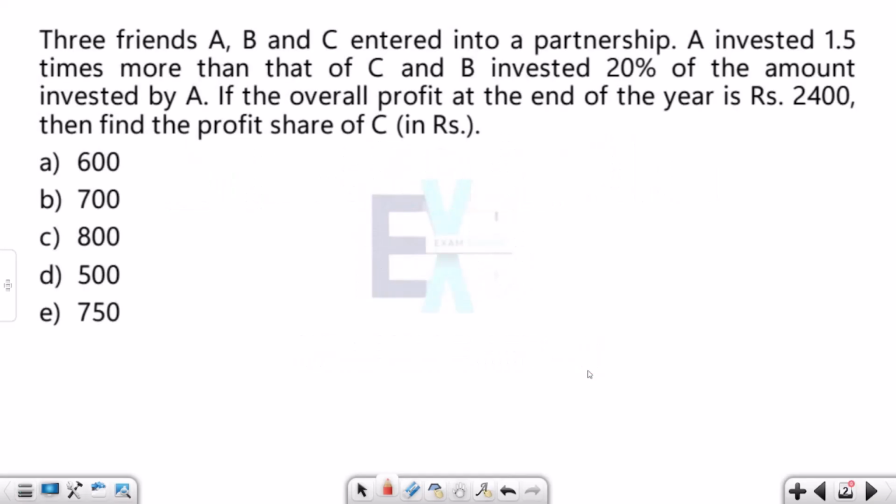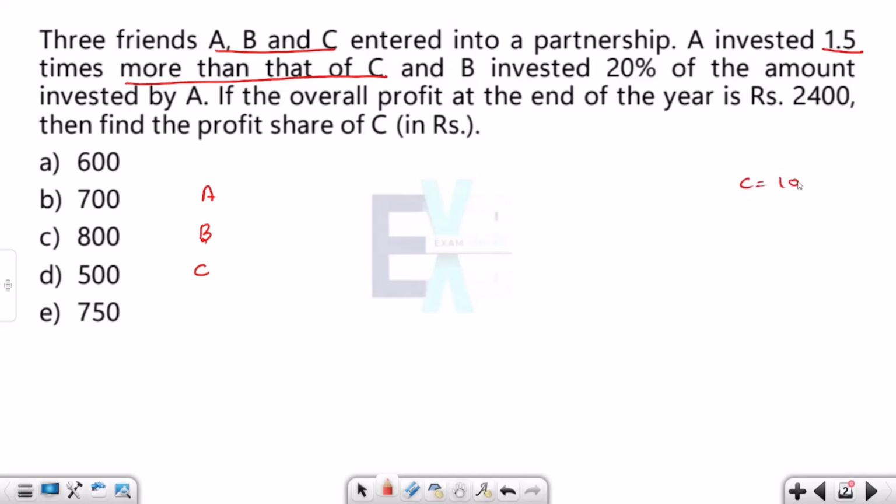First one. So what is the first thing? Three friends A, B and C entered into a partnership. Okay, so how many members are there? Three members A, B and C entered into a partnership. A invested 1.5 times more than that of C. That is, if